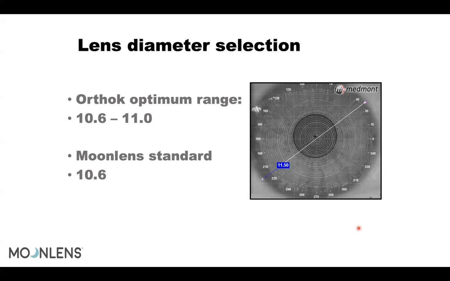So yeah, as you can imagine, if the lens is decentered, and if this is the left lens, it's usually going to be temporal decentration. So the reverse curve is going to be right about here. So you really want to assess the HVID to have the best lens diameter selected